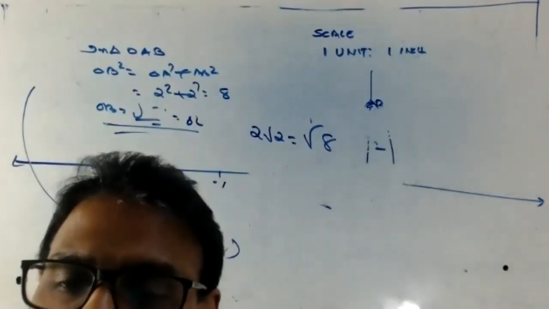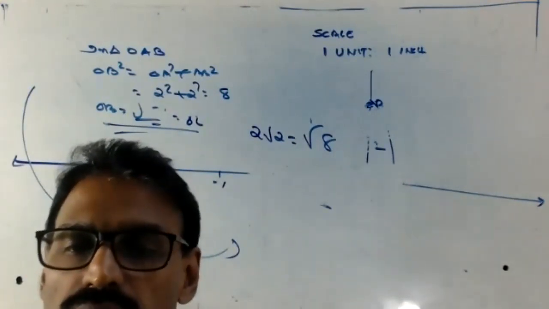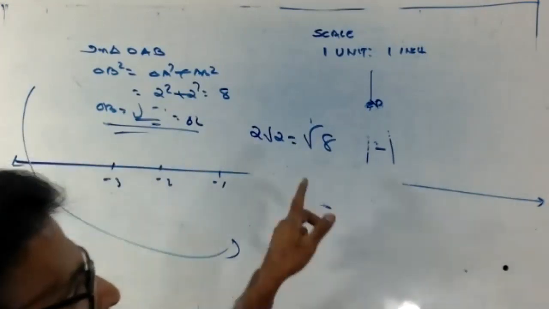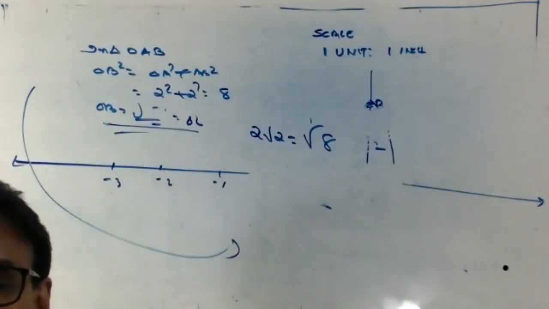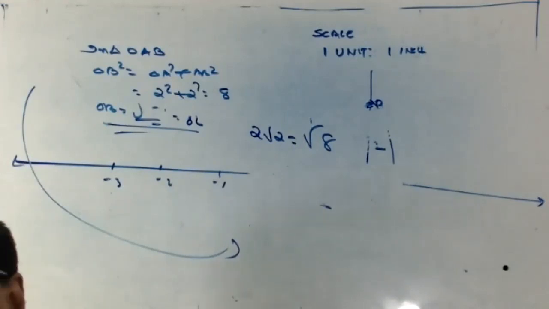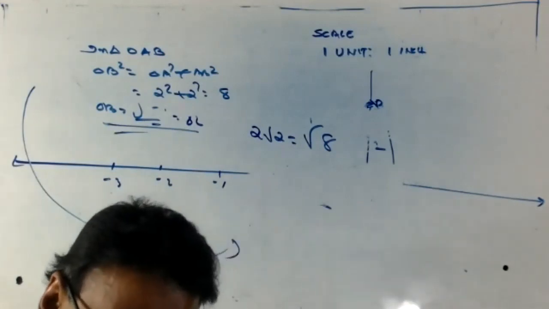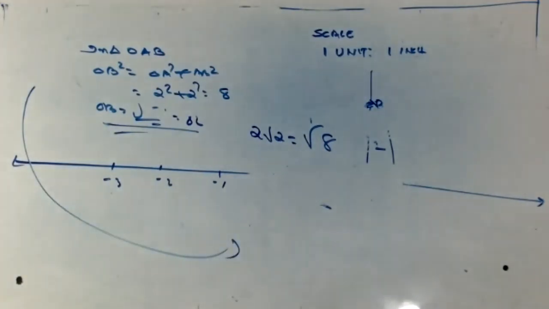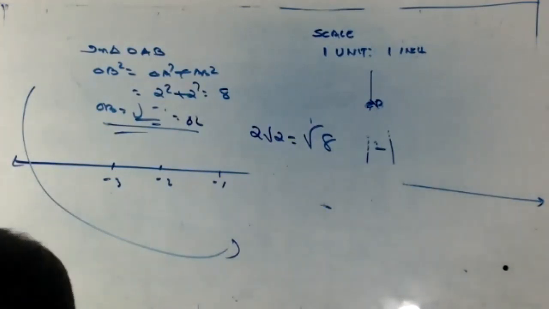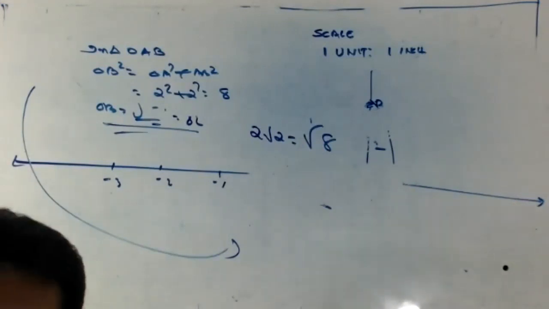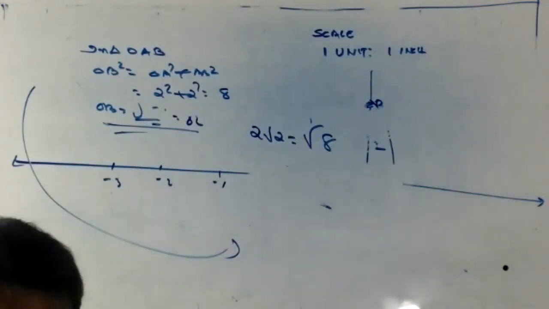Okay, now you got how to draw root 8? Same thing only. Look, root 8 is same as what? 2 root 2, same. You already had this one. Root 8 equal to 2 root 2. That's same. Now we want to draw again. Next question you try: root of 13. You draw first. Root of 13, you make it.